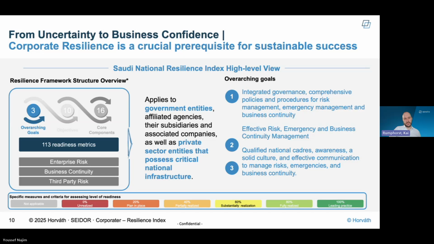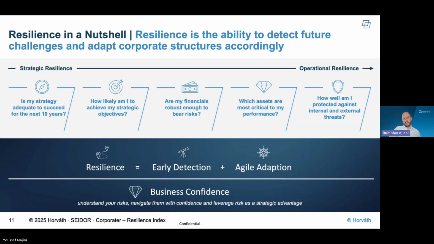You can see on the next slide that the National Resilience Index also separates that, coming from strategy to operations and breaking it down. So how to stay effective and succeed for the next 10 years, for example, but also how to identify critical assets, how to improve performance, and how to stay ahead of your competitors.